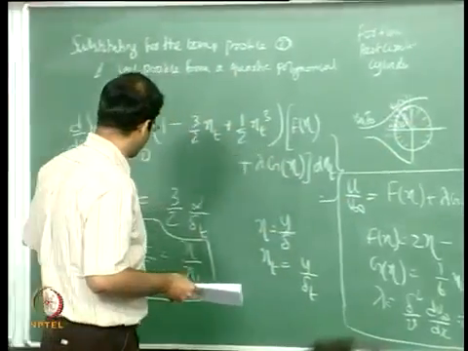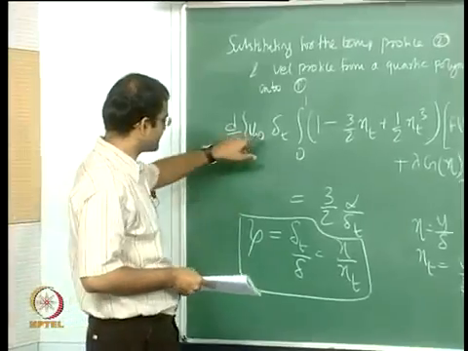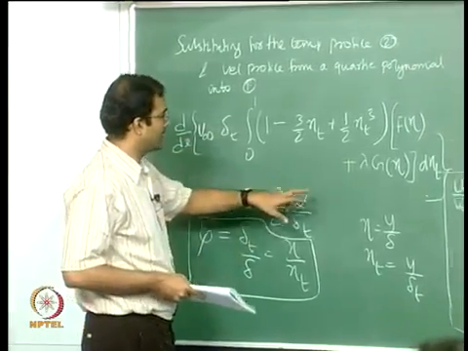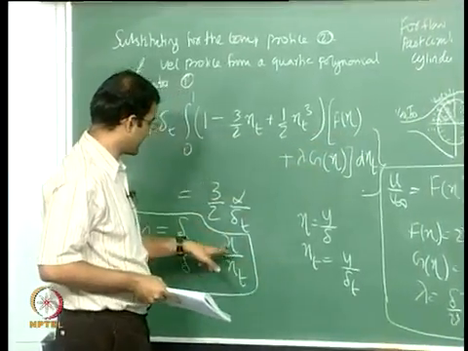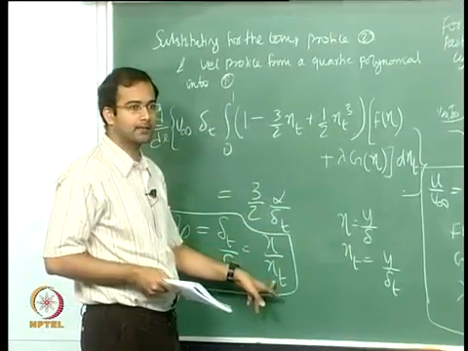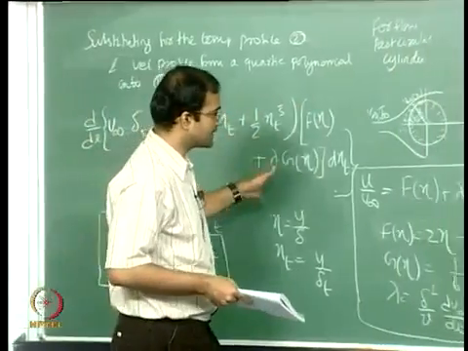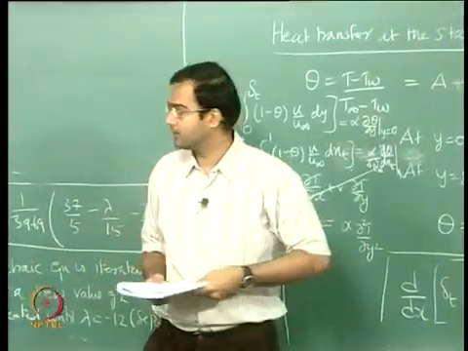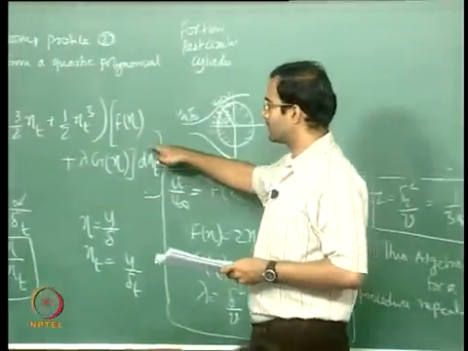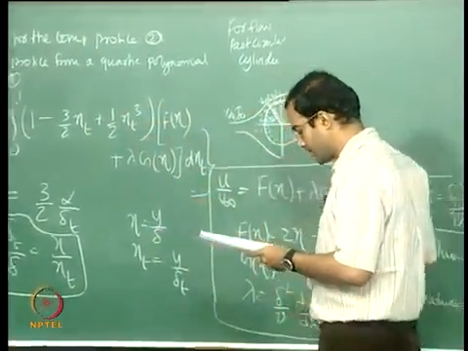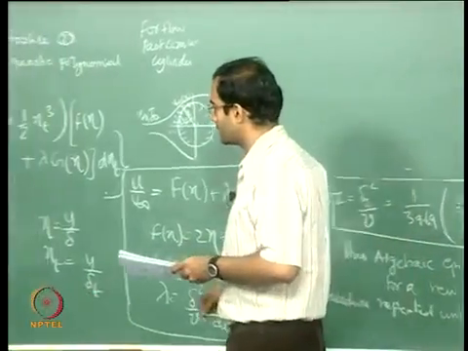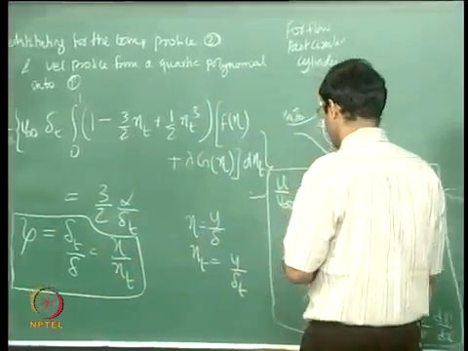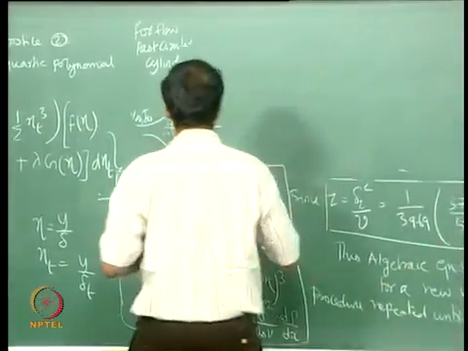Okay, so in that case you can take your zeta as a constant, you can write your delta t in terms of zeta and delta, and also you can substitute for eta in terms of zeta and eta t. Okay, so now you can integrate this. Now since this is a function of eta t and you are integrating across eta t, the final expression will be independent of eta t, it will contain only terms with respect to zeta and finally delta. Okay, so that comes out to be